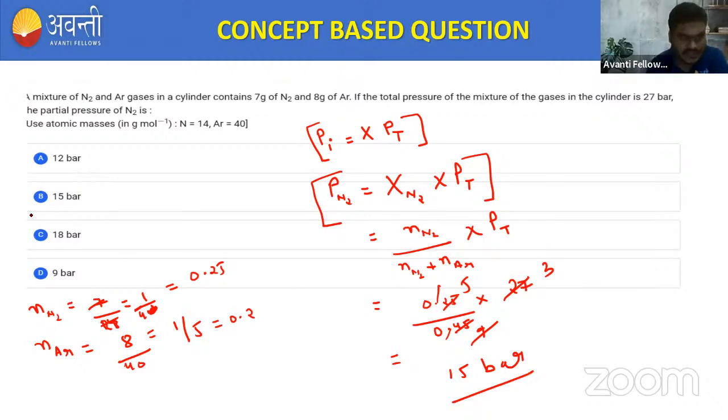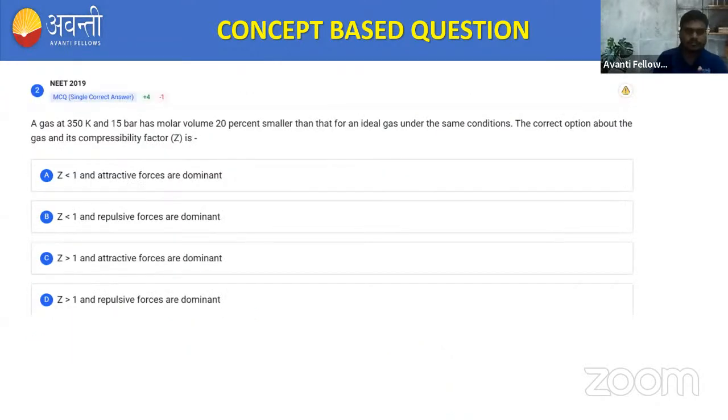So the correct answer is 15 bar। ठीक है, so I hope this is clear। समझ आया क्या सबको? एक बार कंफर्म कर दो फटाफट, सभी कंफर्म कर दो एक बार, समझ आ गया सबको? गॉट द आंसर? ठीक है, चलो। सो दिस इज हाउ विल यू एबल टू सॉल्व दिस सच क्वेश्चंस।